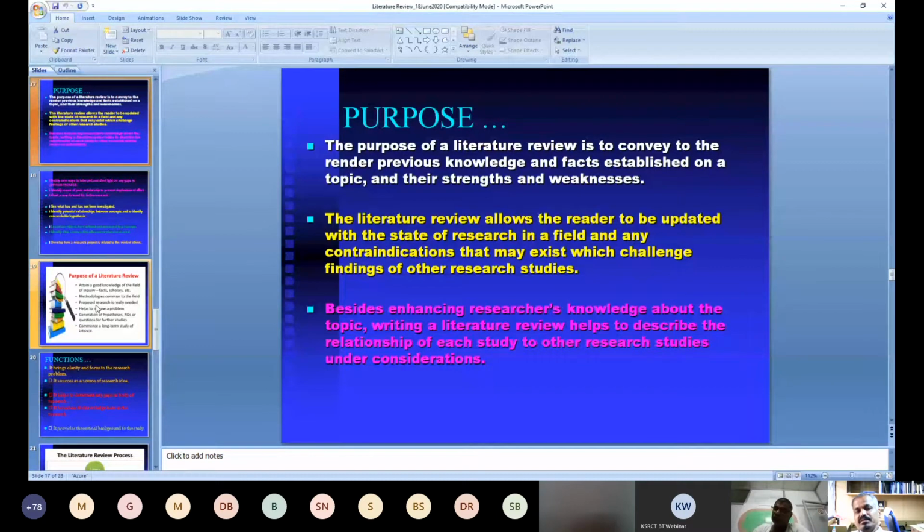Normally, a reviewer will analyze what is the strength of this synopsis, what is the strength of this research paper, what is the strength of this grant application, and what is the weakness of this PhD topic, what is the weakness of the research paper, what is the weakness of this grant application. Like that, the purpose of a literature review is to convey the previous knowledge and facts established on a